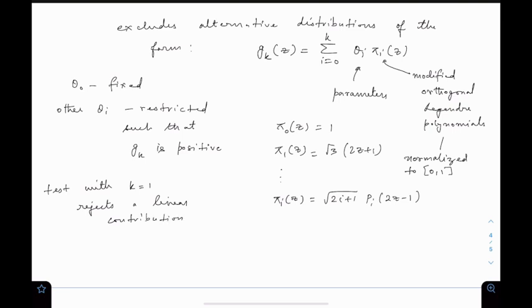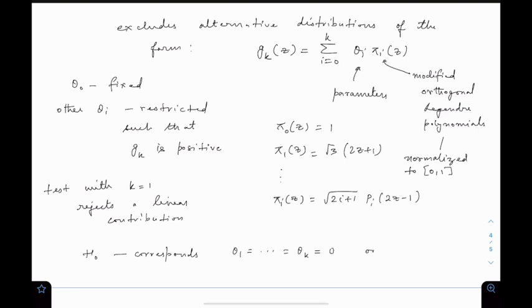The one with k equals 2 rejects a quadratic component additionally, and so on. Obviously the null hypothesis H0 corresponds to theta 1 equals all the way up to theta k equals 0, or